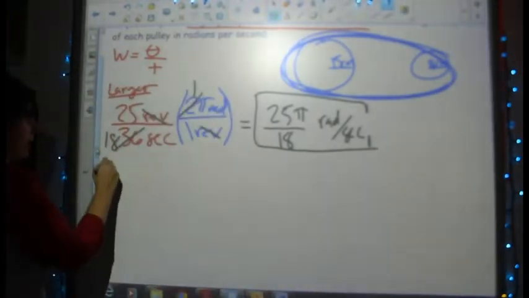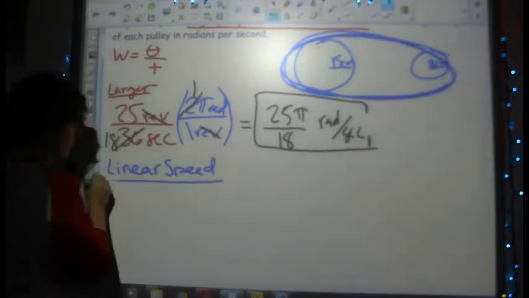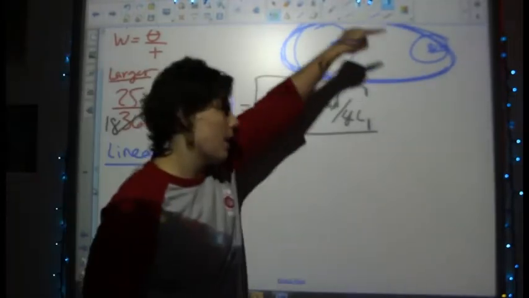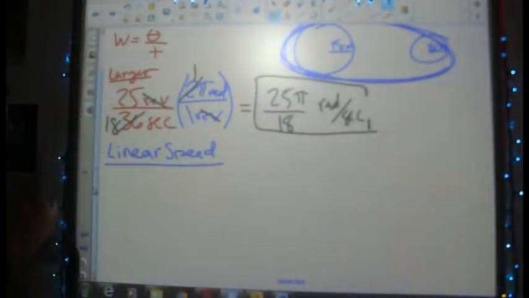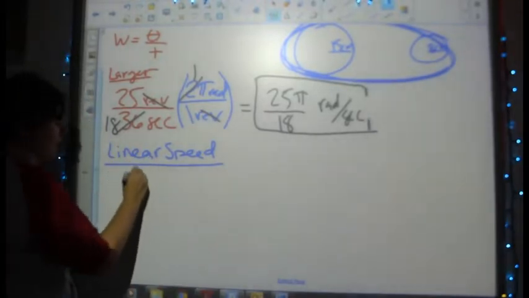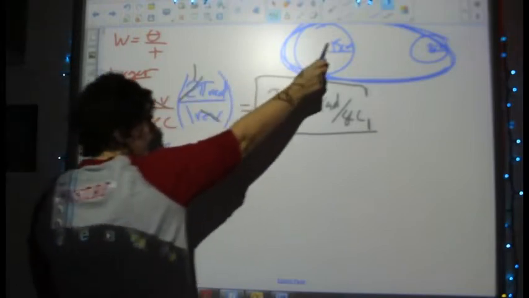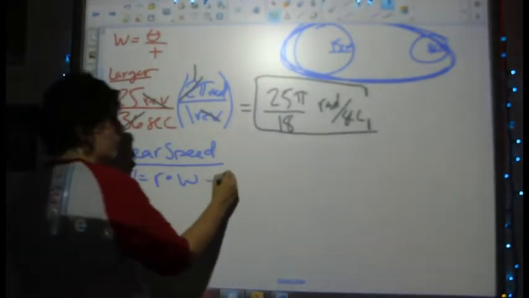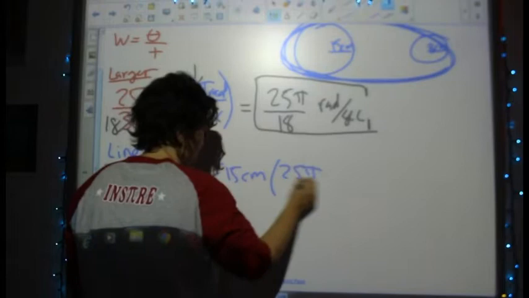So I'm going to go ahead and find the linear speed because the linear speed is going to be the same for the big pulley and the small pulley because it has to be. The belt is traveling at the same speed. One part of the belt is not moving faster than the other part of the belt. They're moving at the same speed. So for my linear speed, I have V equals R times W. Well, I know the radius of the large one, and I know its angular speed. So I'm just going to say 15 centimeters times 25 pi over 18